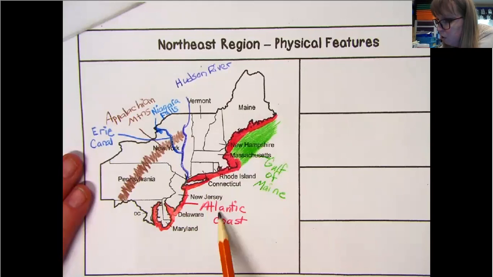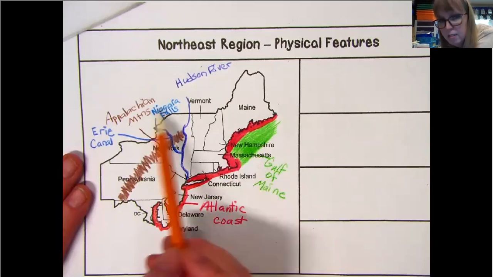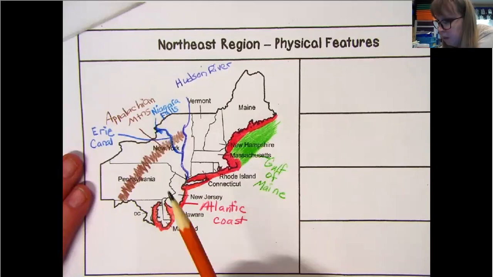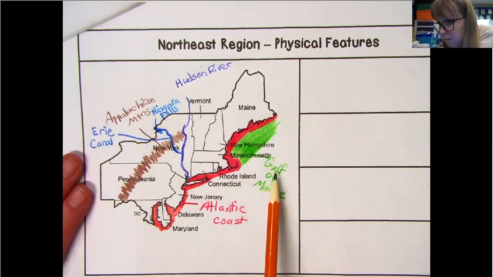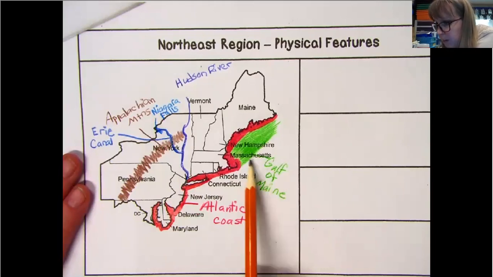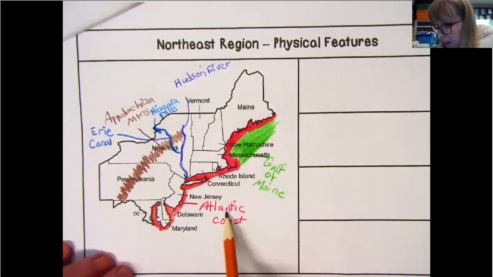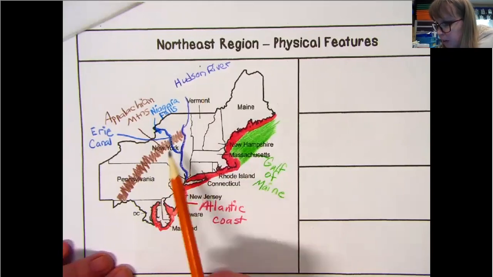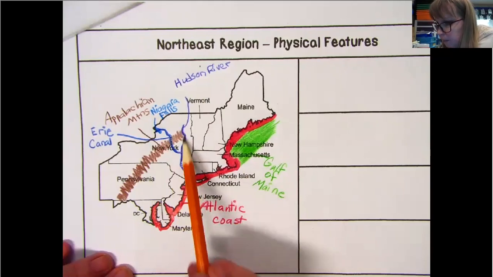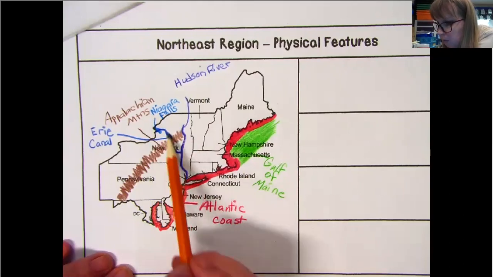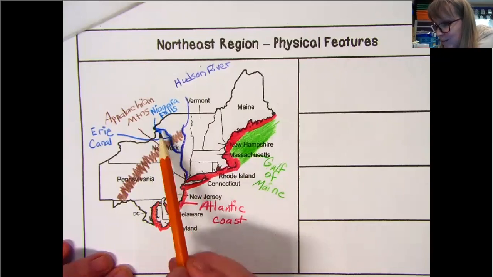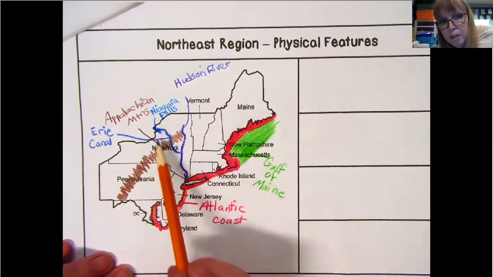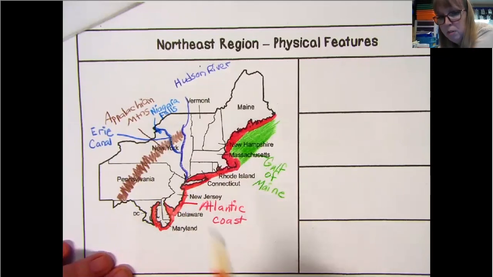So you have 1, 2, 3, 4, 5, 6 features that I use light green for. You could use dark green, but I prefer light green. Atlantic coast, red. Appalachian Mountains, brown. Hudson River, purple, and it starts right here. Okay. Niagara Falls right here, that's light blue. Erie Canal, that's dark blue. All right, with the writing,